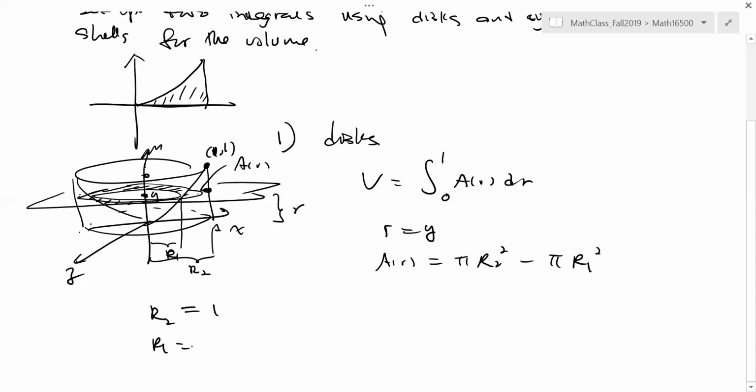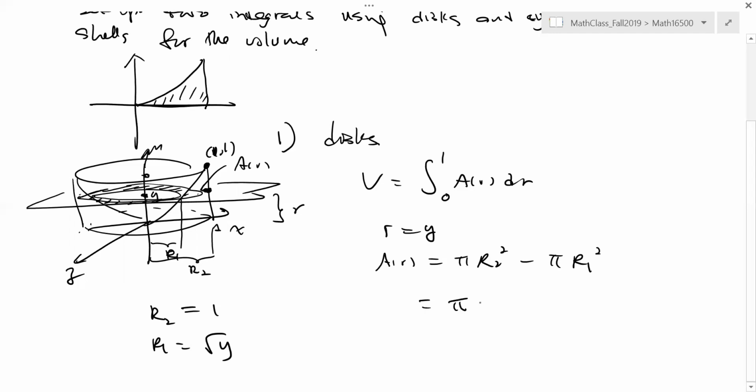But R1 depends on the parabola. It depends on the parabola. It's going to be the x value at that point. For the fixed y equals x squared, x is going to be square root of y. Okay. So that's what I want to see. Okay. Then